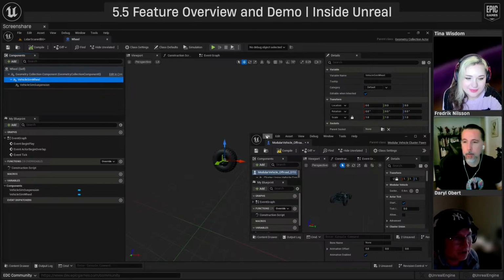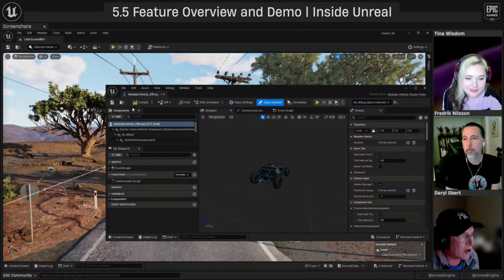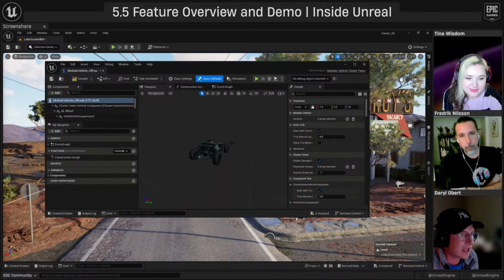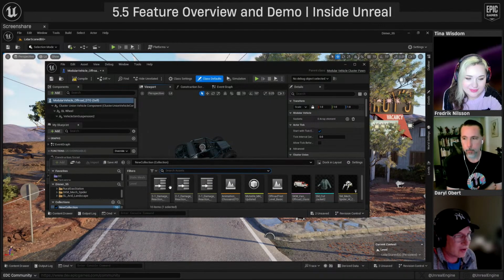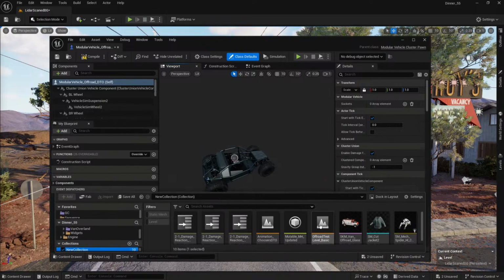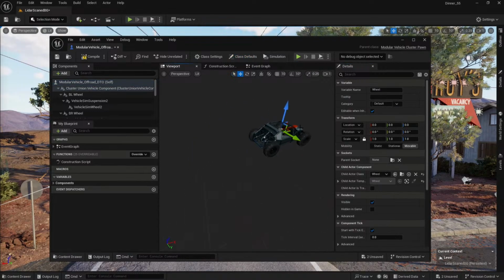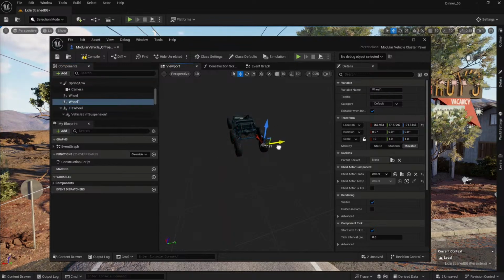Instead of building it out and having to drag and drop it out here, I'm going to just drag and drop the blueprint that's got all that work done into this vehicle, and we're going to make a six-wheeled vehicle. So we'll bring up the content browser, go to my collection, and grab that wheel and drag and drop it in there. Now I've got a wheel. It's not positioned where I want it, so we'll just drop it back here. Okay, close enough. I'm going to duplicate that and slide it over there. So we've now got that stuff done.